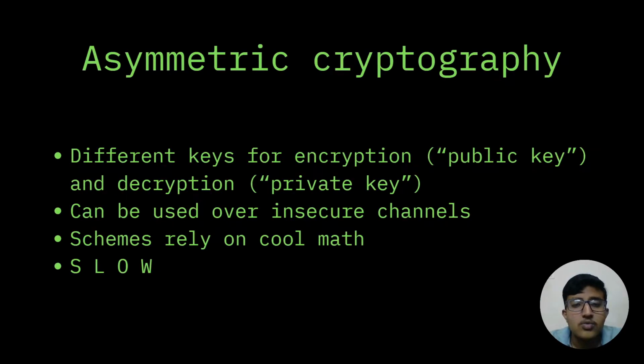So as you already know from the previous video, asymmetric cryptography is a kind of modern cryptography in which there are two keys, a public key for encryption and a private key for decryption. This scheme relies on mathematics and is very effective on insecure channels because you don't have to worry about how you are going to share the keys, which is a limitation in symmetric cryptography. And as you will see, it involves some pretty long math, which is often regarded as resource and time consuming even by a computer when used repeatedly.